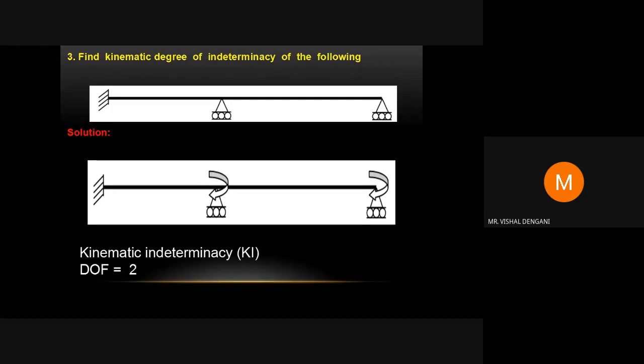Again, in this unit, we have to analyze a beam up to the 3 degree of freedom. There are 3 types of problems we are going to analyze: analysis of beam without sinking of support, analysis of beam with sinking of support, and the analysis of the overhanging beam. So these 3 types of problems we are going to carry out in this unit.